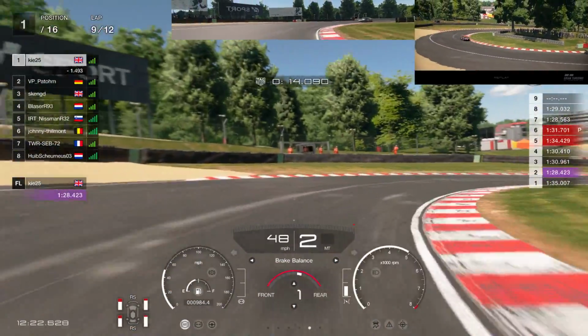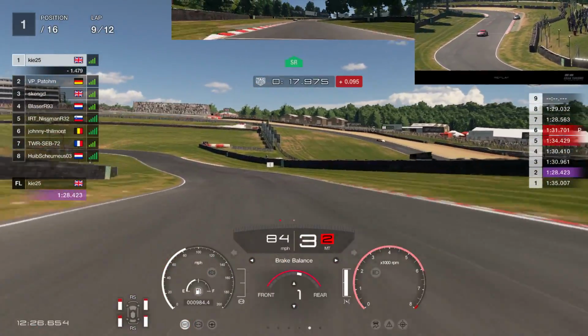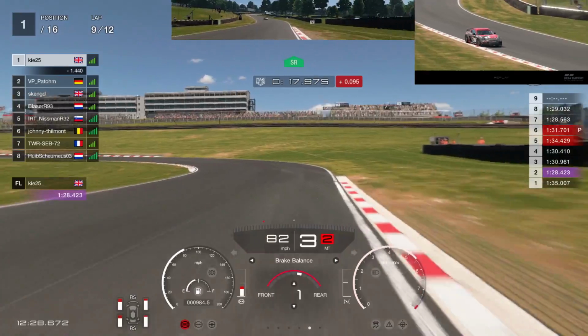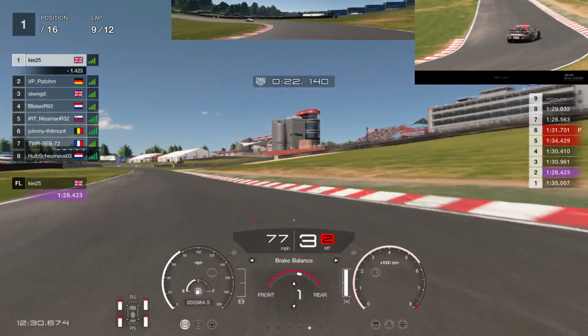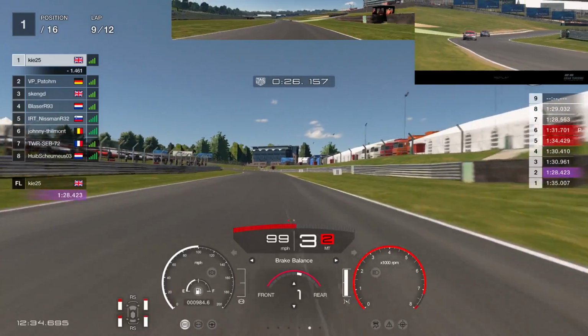But you can see he's getting close to picking up that slipstream, but still not in the slipstream. And this is going really well. I've actually managed to increase the gap a bit, back up to 1.4, 1.5 seconds. So it's going to be a fairly intense end to this race. You can see on the replay camera in the top right hand corner,